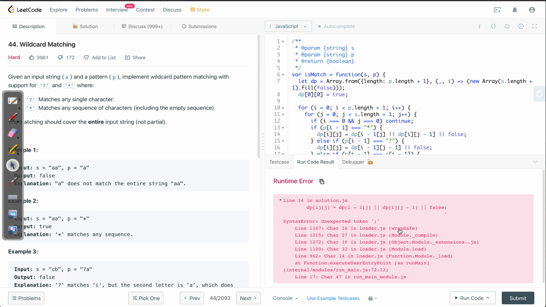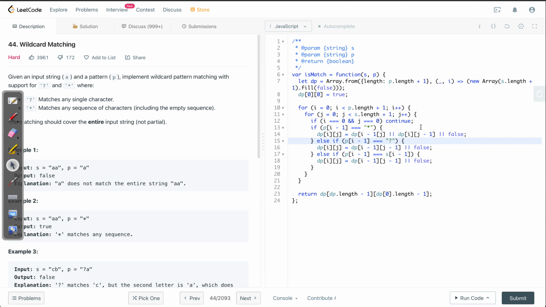And there is some error, it seems. Unexpected. What is it? Line number 14. Probably I would have missed something. Okay, this looks fine to me. This is all right.